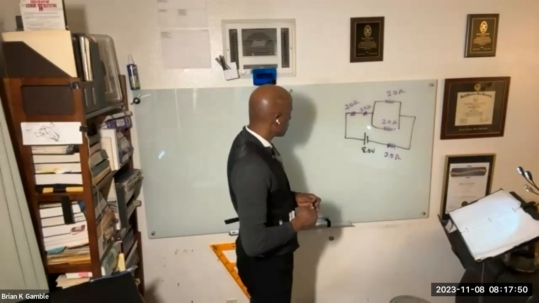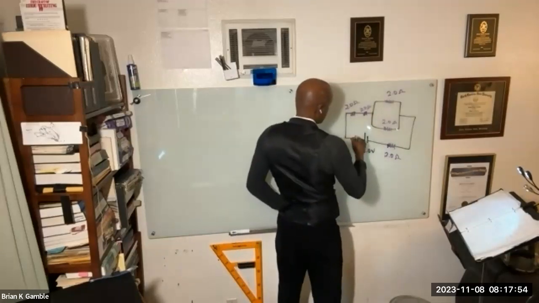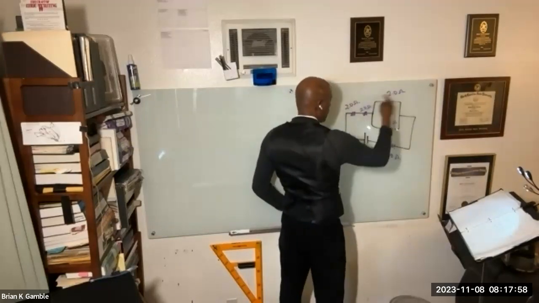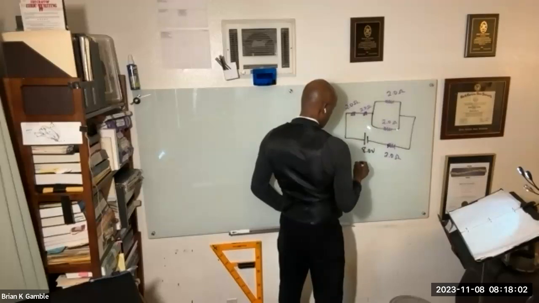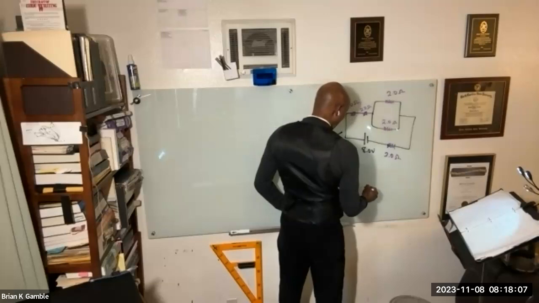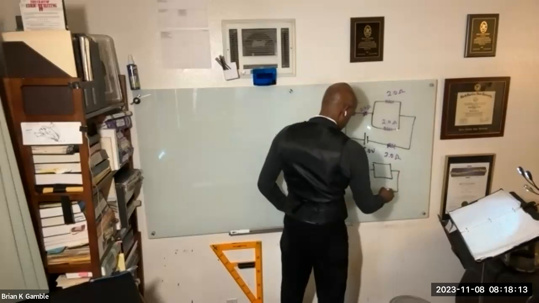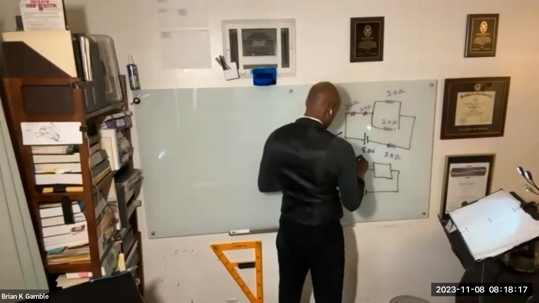All right, so I suggested redrawing the circuit every time. From here, you can see that these two obviously are in parallel. These are in series, so let's go ahead and add those right now. In series, that's just going to add up to 4. So if I redraw, I've got this scenario. So that becomes 4,